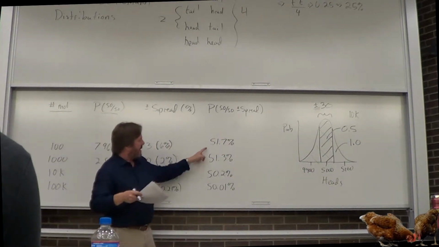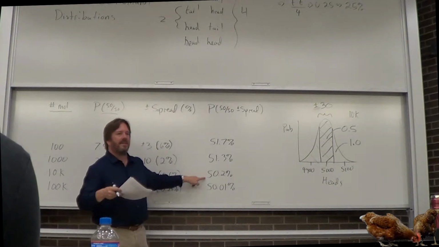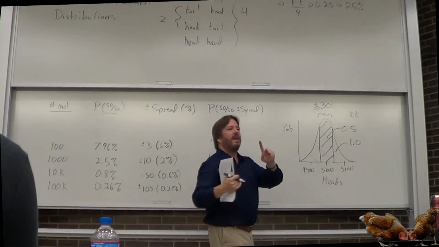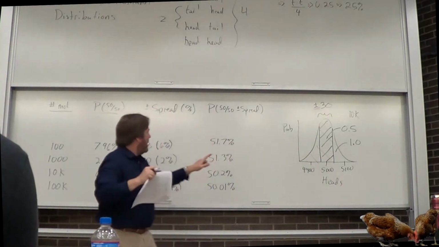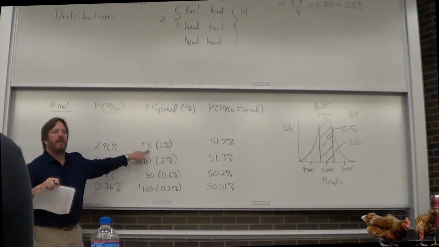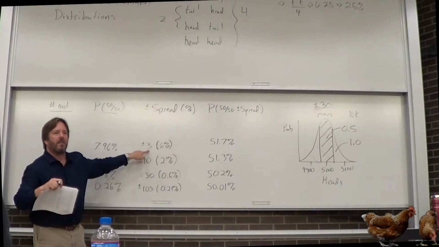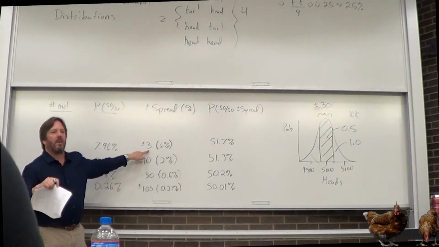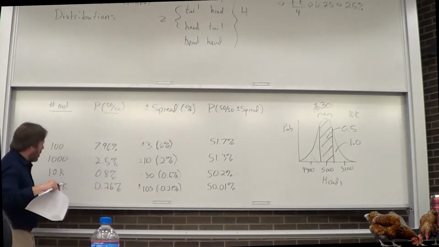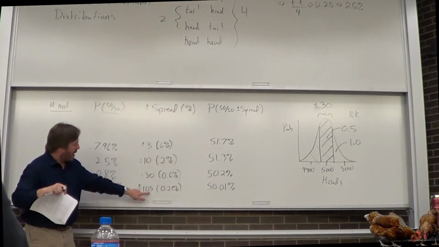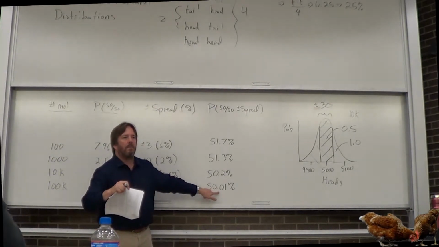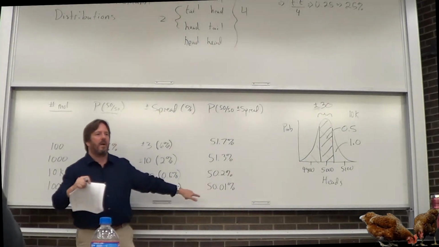Now, why is it not exactly 50? I mean, I can just adjust the width here to be exactly 50. The reason is because I wanted a whole number. If I wanted this to be 50, I would just make this 2.97, right? Make the spread a little narrower, but that's not a whole number. So you see why that's a little funky? As I have more significant figures on the spread, that's why these numbers become more sensible as you get larger and larger.